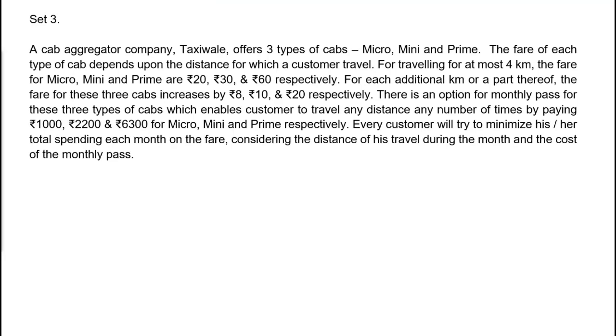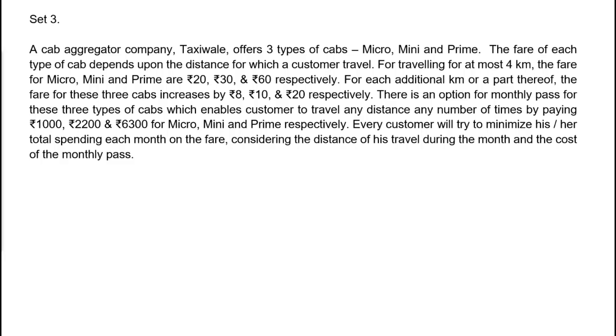So now let's start solving this question. Let's read the data carefully. A cab aggregator company Takshzila offers 3 types of cabs: micro, mini and prime. The fare of each type of cab depends upon the distance for which a customer travels. For traveling at most 4 km, the fares for micro, mini and prime are rupees 20, 30 and 60 respectively. For each additional kilometer or a part thereof,